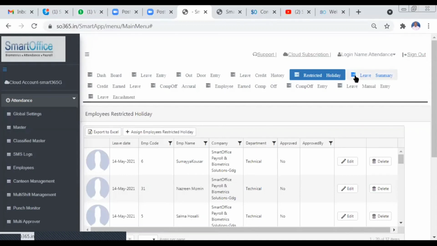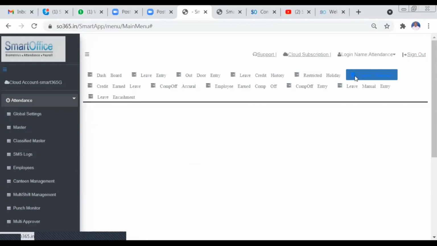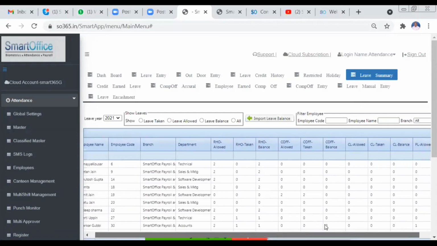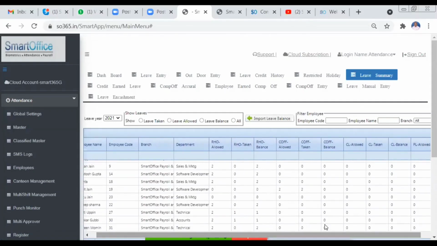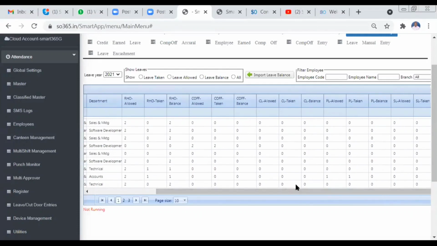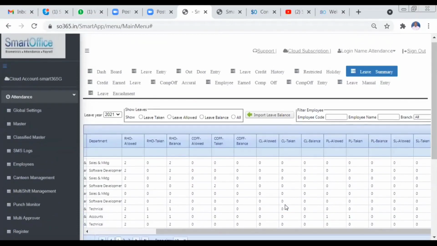And then coming to leave summary. In the leave summary, you can see the employees' allowed, taken, and balance of all the leave types here. You can see how many leave types you have created, right?